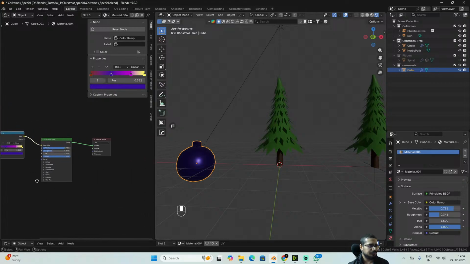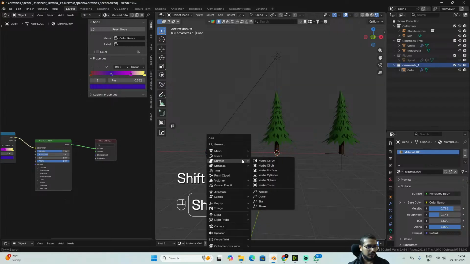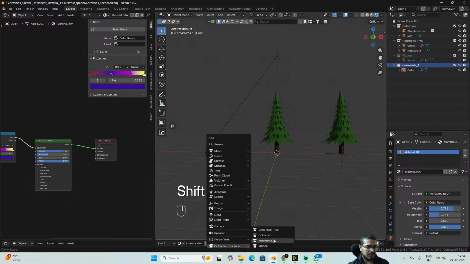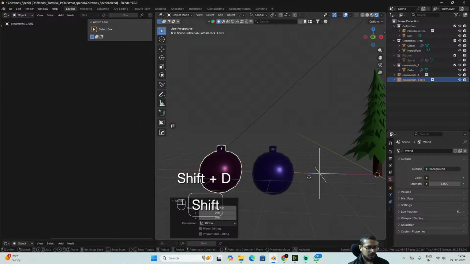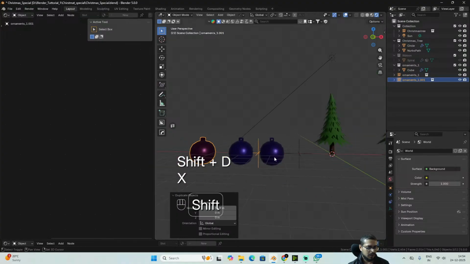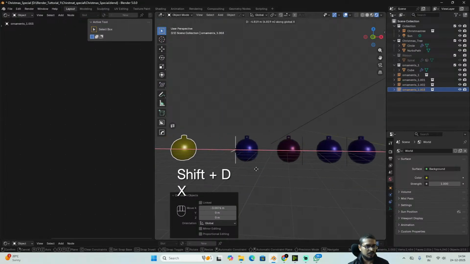And now we can call it ornament underscore one. And now if I go to collection instance and click on ornament one, okay, so it's over here, but it's not changing color. Okay, it's changing, that's good. See, if I duplicate it again and again, the colors are changing,